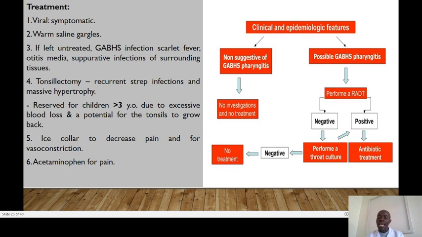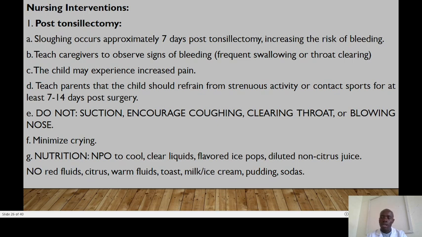We can also use an ice collar to decrease pain and for vasoconstriction, and also acetaminophen for pain relief. Alright. Nursing intervention will be so key post-tonsillectomy. Sloughing normally occurs approximately 7 days post-tonsillectomy, and this normally increases the risk of bleeding. So, you have to teach the caregivers to observe for the signs of bleeding, which could include frequent swallowing or throat clearing. The child may also experience increased pain,